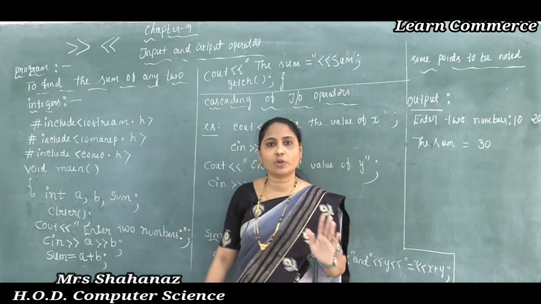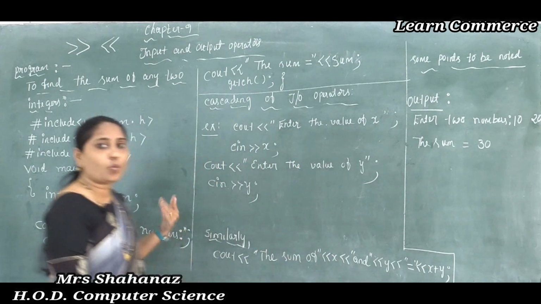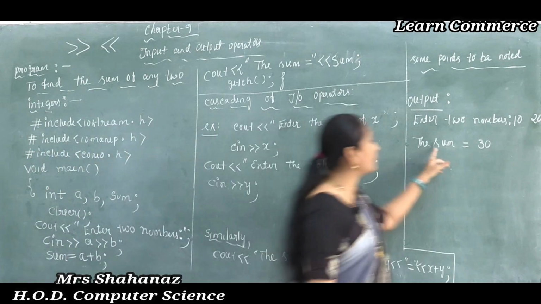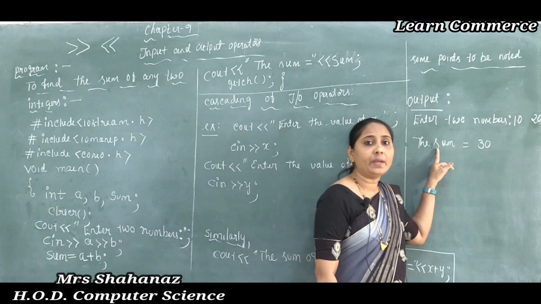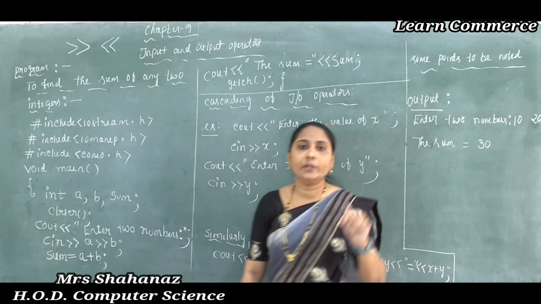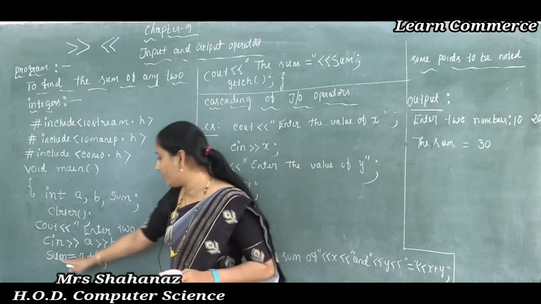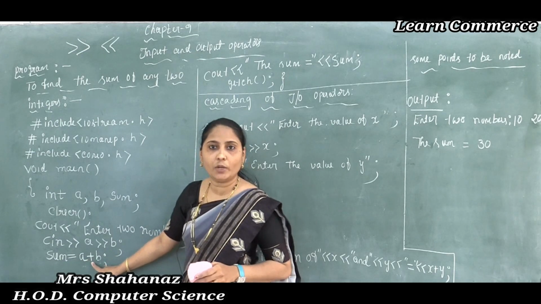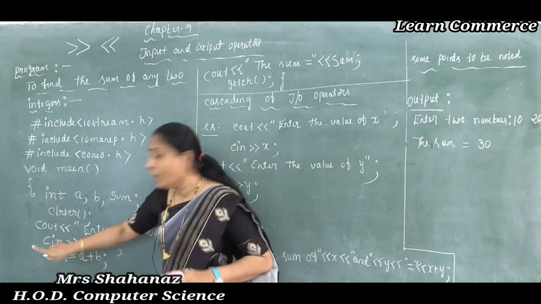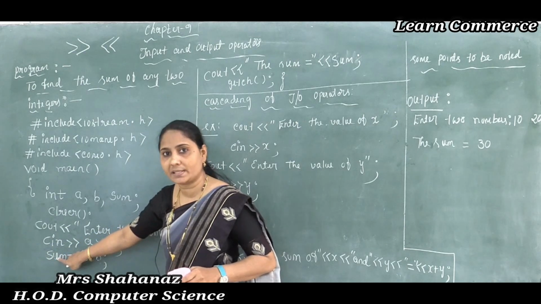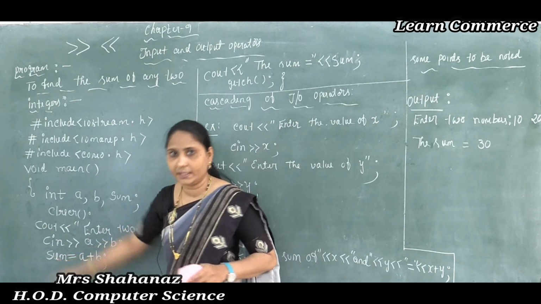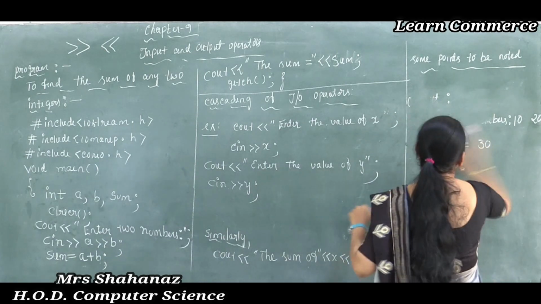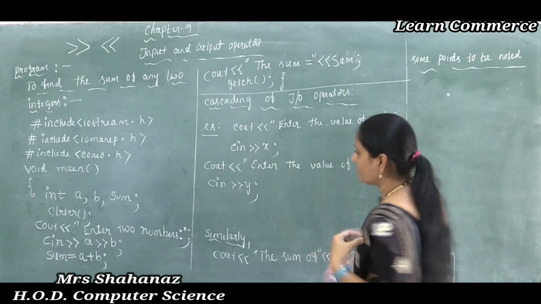So clear now how to write the program in this case. Whatever you write by using the double quotation, such one is going to display as a message here, and if you are not using double quotation, it is going to display the value of this sum. As we know, we already added A plus B value, and such value is put into the variable sum. Because of this reason, the variable sum holds the value 30 in this case. So it is going to display the sum is equal to 30. So clear this point here. What about the sum program here?